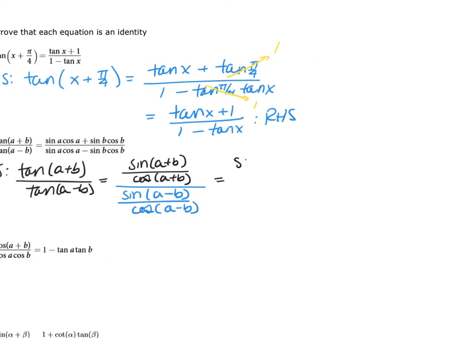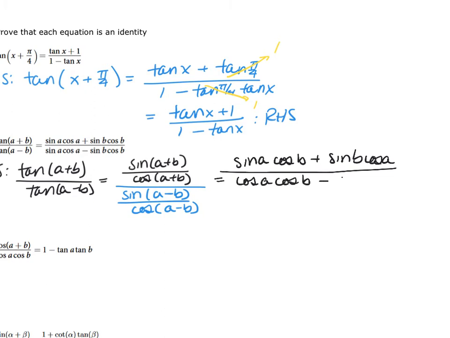The numerator is going to be the sine of a cosine of b plus the sine of b cosine of a, over the cosine of a cosine of b minus the sine of a sine of b,